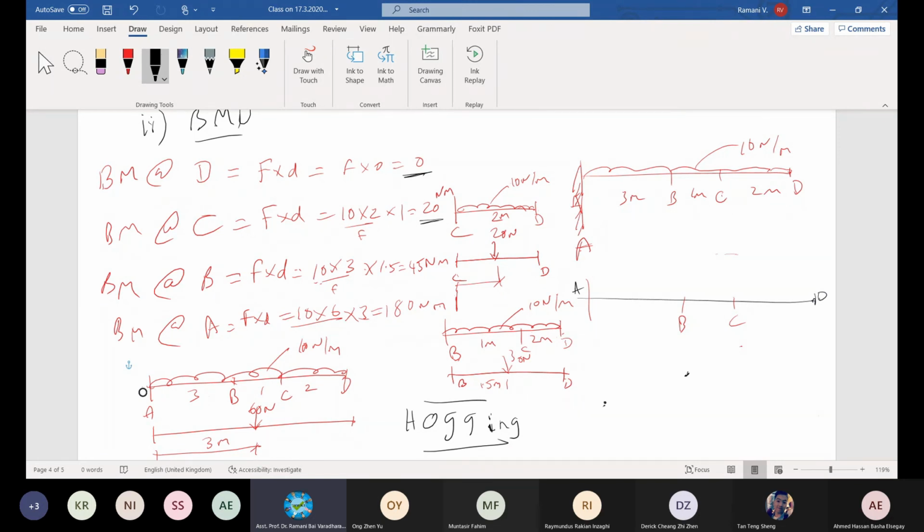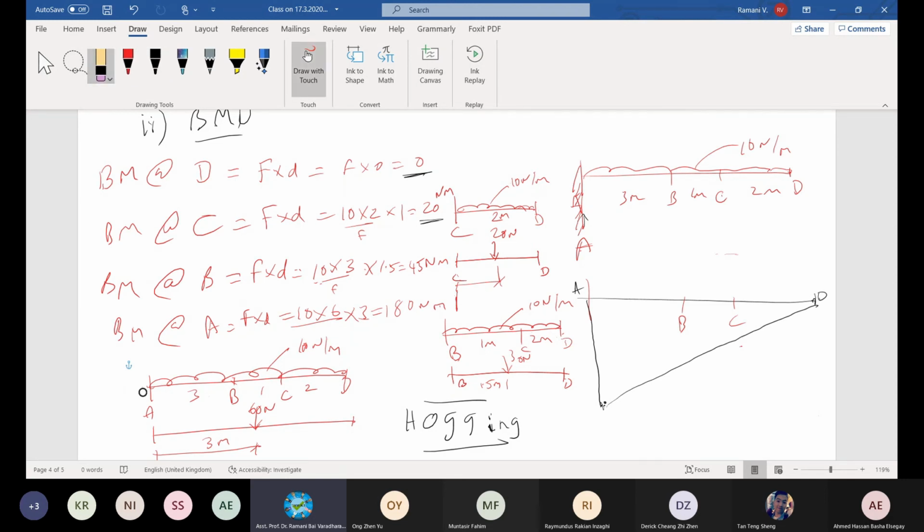So when you come here, the moment due to this one, the reaction, already there is a reaction, right, which will cause equal and opposite. So it will automatically go down to join this member A. Become 0, must become 0, then only it is an equilibrium condition. So you have to draw a parabolic curve, like this, a parabolic one.